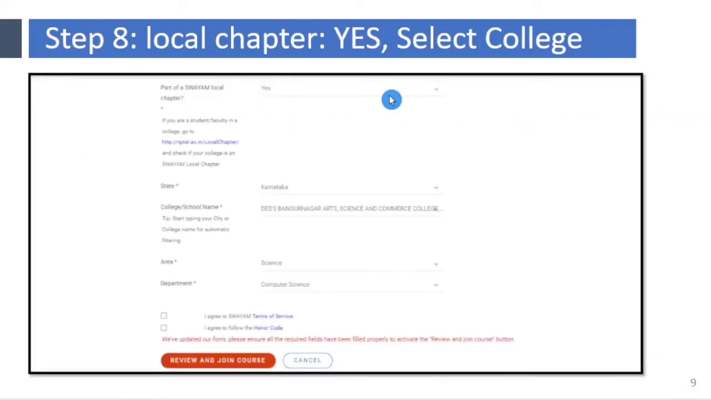After that you need to provide your profile details such as your name, mobile number, your valid email address, age group you belong to, country name, profession, select as student, and provide your qualification details. If your college is part of the SWAYAM local chapter, choose Yes option. Select your state, and select your college name from the list. Select area and department. And check here to accept the terms of service and honor code, and click here to